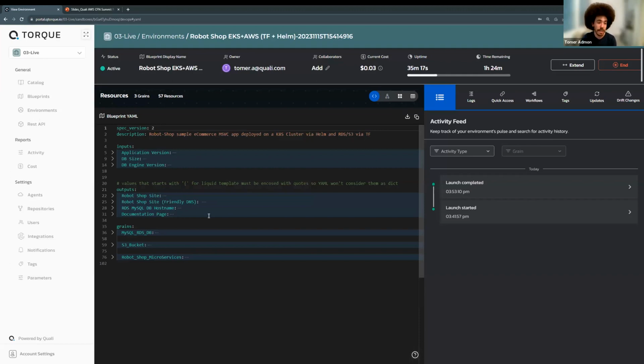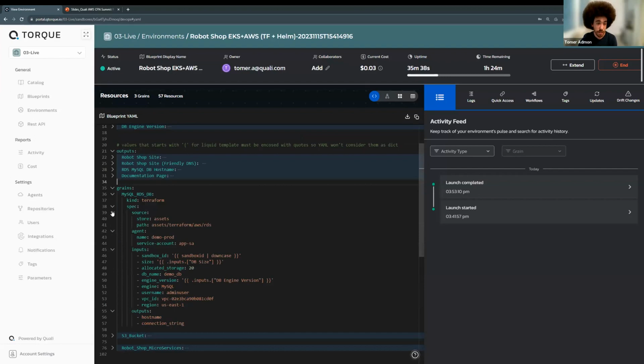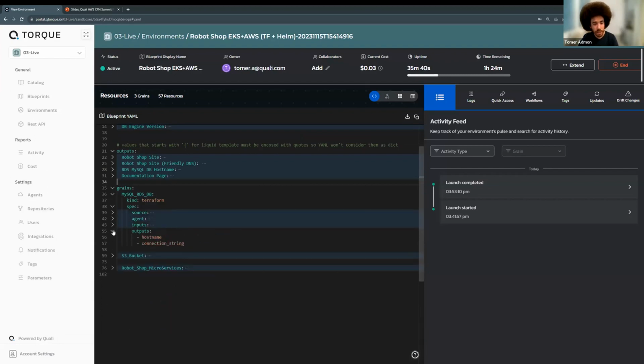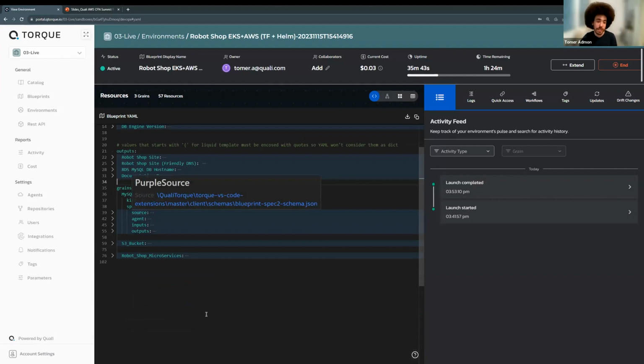You just need to understand that you need to define the inputs, the things the user needs to fill in, the outputs, the things that the user will get after the orchestration, for example, a database connection string, a web UI link, etc., and the building block configurations themselves. And here you can see that it's not only that the blueprint itself is really easy to build, it's also the grains. So once you've discovered the asset, everything you need to know really is the input and output concept.